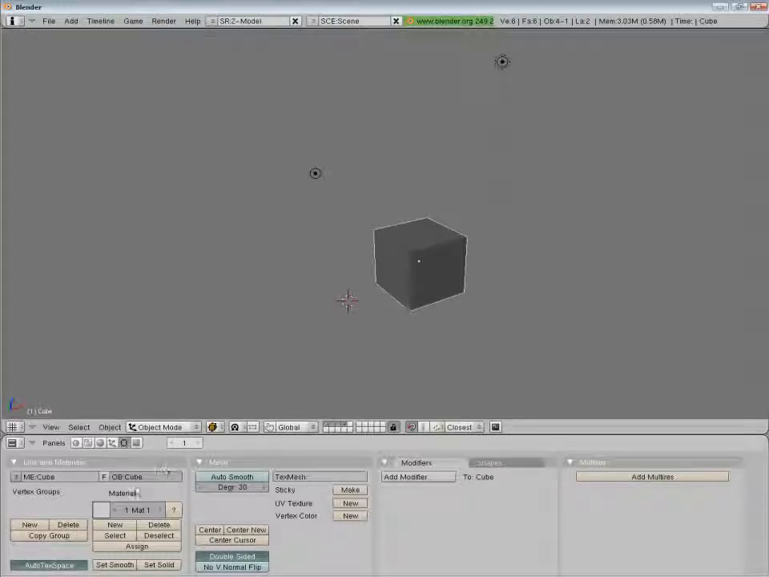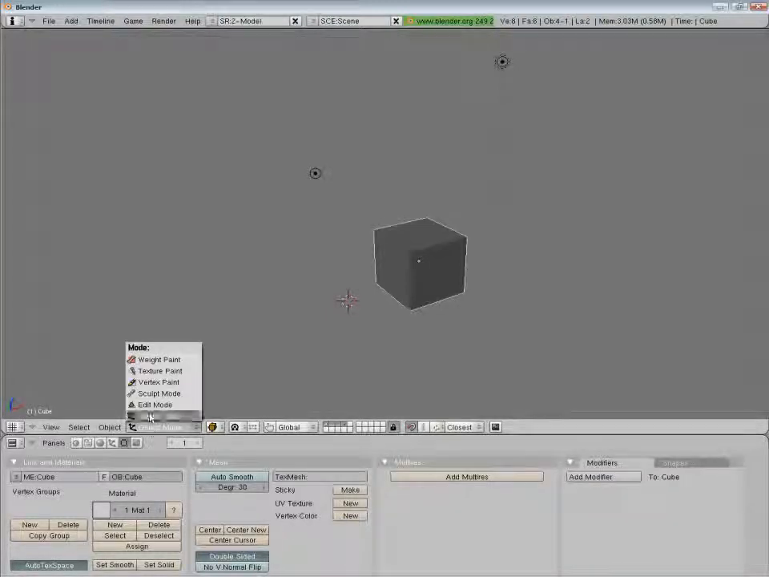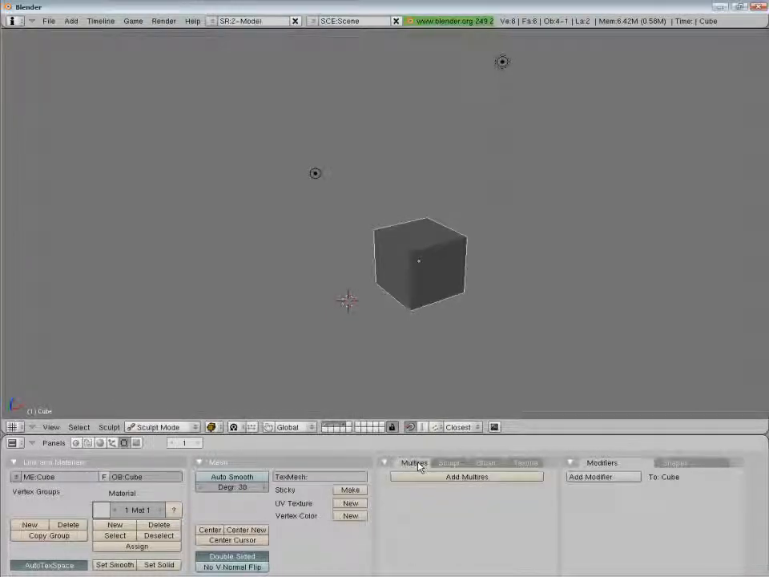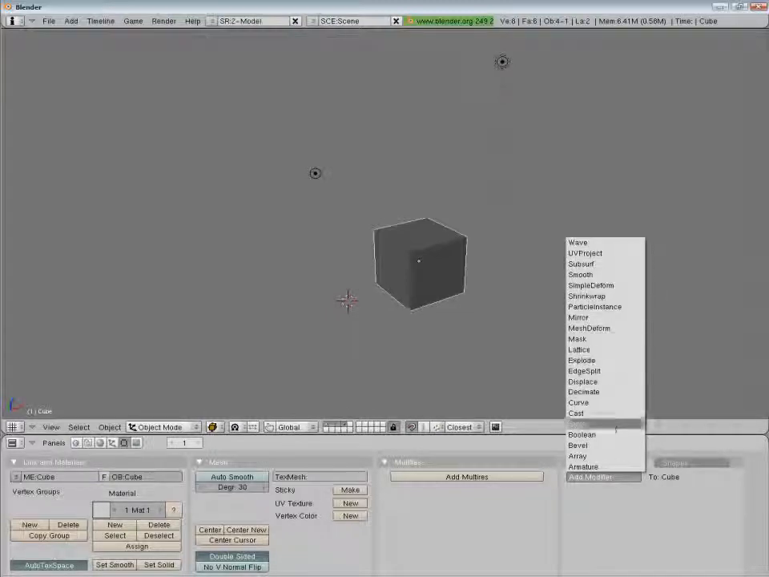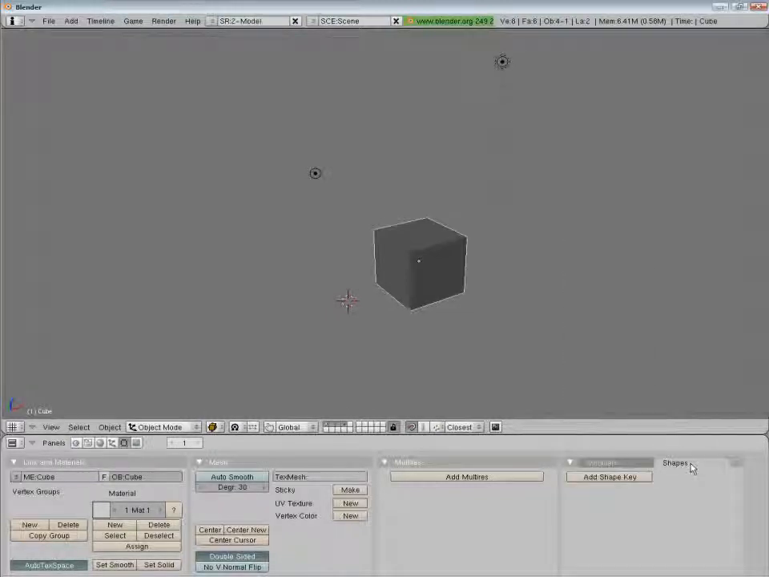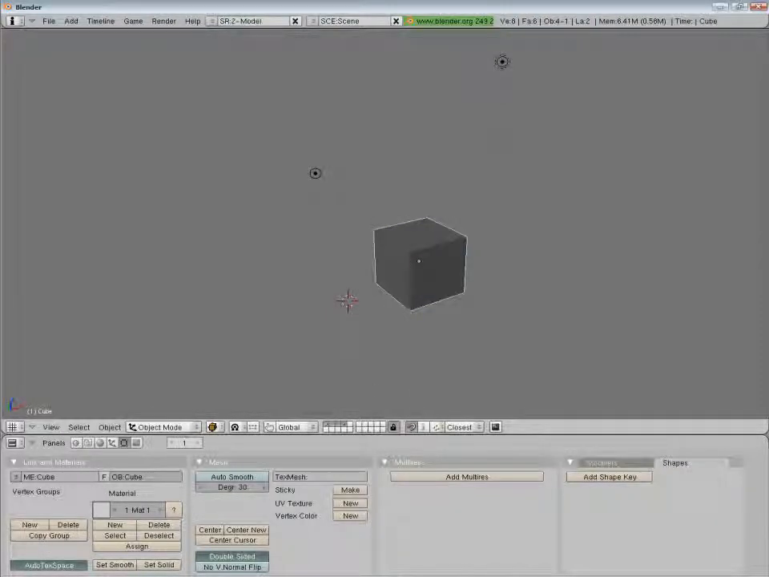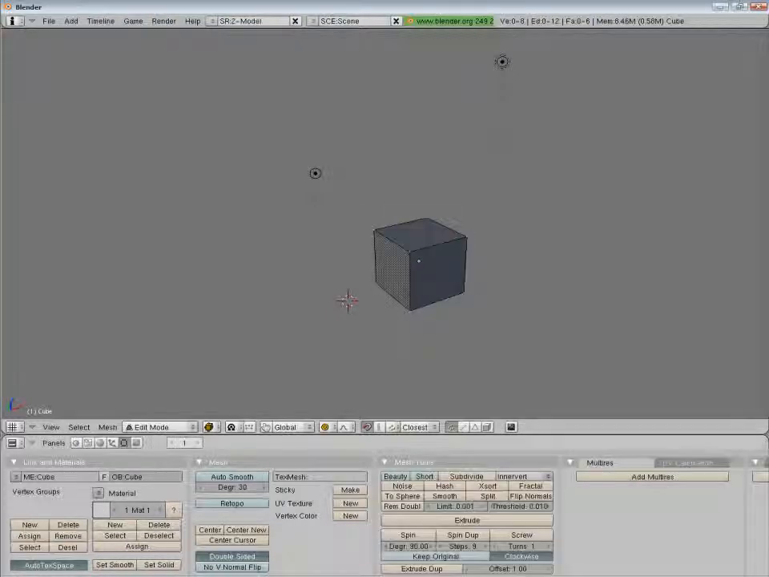Here we have vertex group options, mesh panel, and multi-res, useful when in sculpt mode. As you see, more panels appear as we enter into sculpt mode. Here we can find the list of modifiers and the shape panel for blend shapes. Now as we enter into edit mode, from here or by pressing Tab, we have more panels and buttons useful